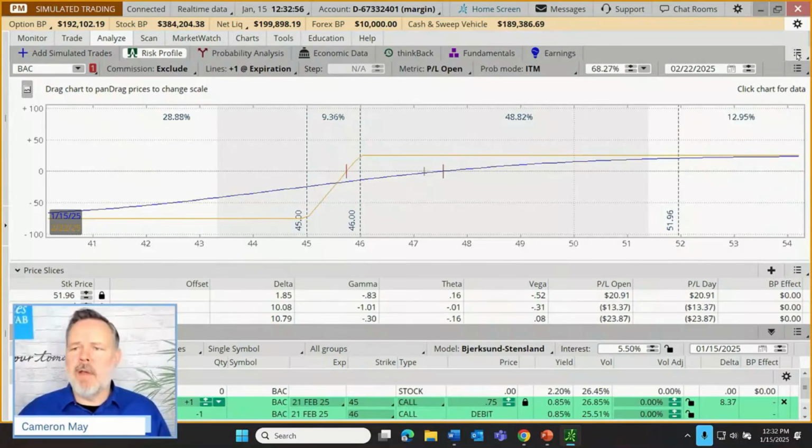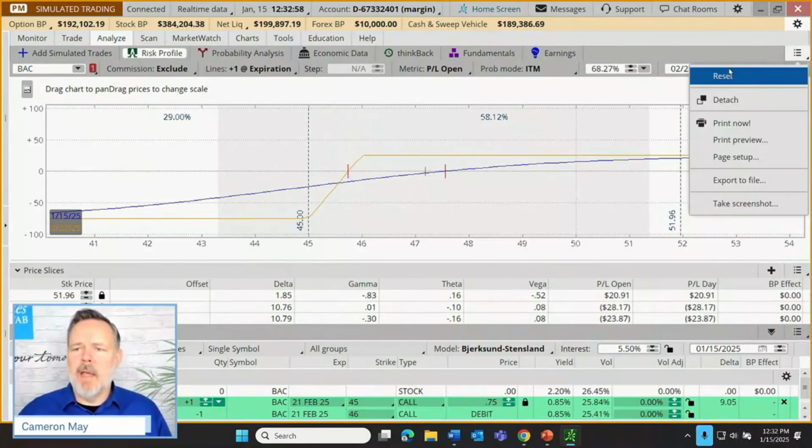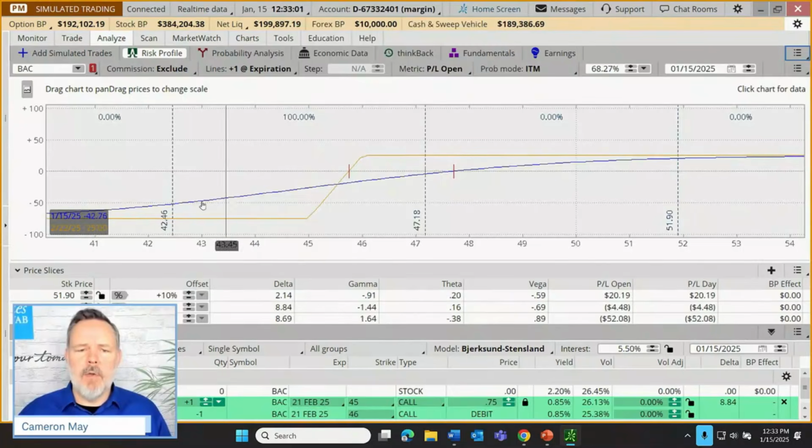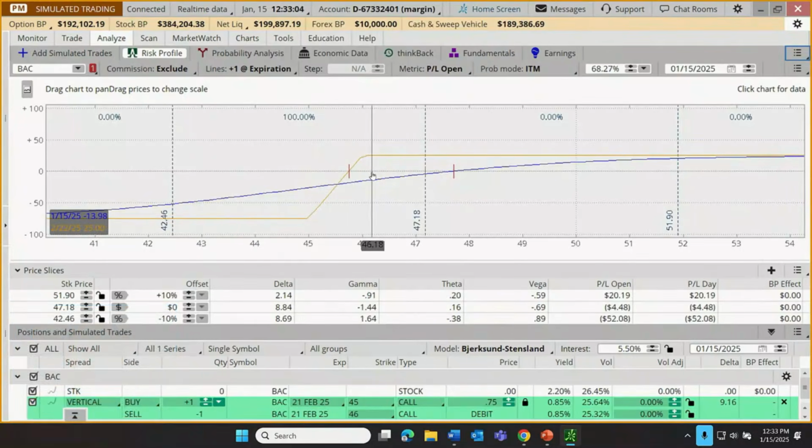Let's come back up here. I'm going to show you a feature right up here. If I click on reset, that's going to reset this whole chart right back to where it was before we started tinkering with it. So now we're just back to looking at the profit and loss, the original. We're back at the original expiration. And I want to talk about the impact of time. So with this 45-46 bull call spread, the stock needs to be above $46 at expiration for this to work out optimally. For it to be in position to make its maximum theoretical gain, we need to be above $46.